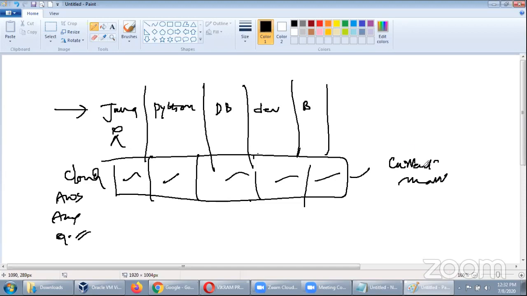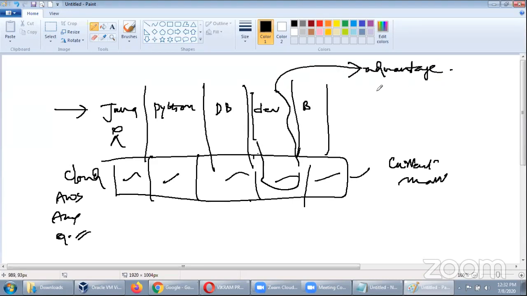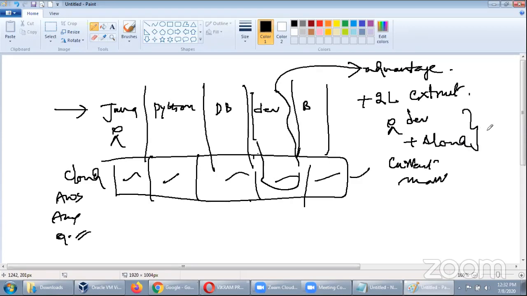If you talk specific to our domain called DevOps, having cloud knowledge is always an advantage. I'm not saying it is mandatory, it is an advantage. If you have cloud knowledge, you'll get 2 lakhs package extra. That is the only difference. A candidate with DevOps knowledge along with cloud, any cloud it could be, will fetch 2 lakh more package, guys. That is a big difference.